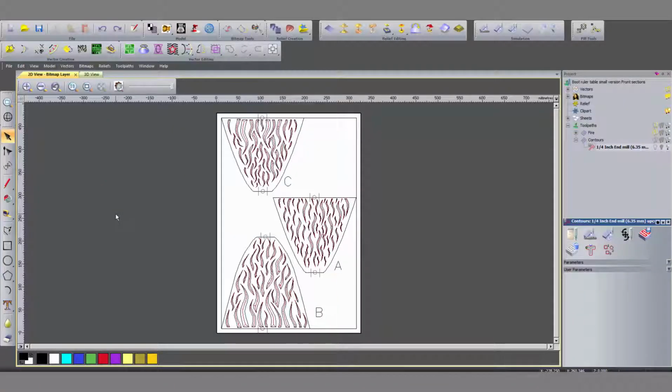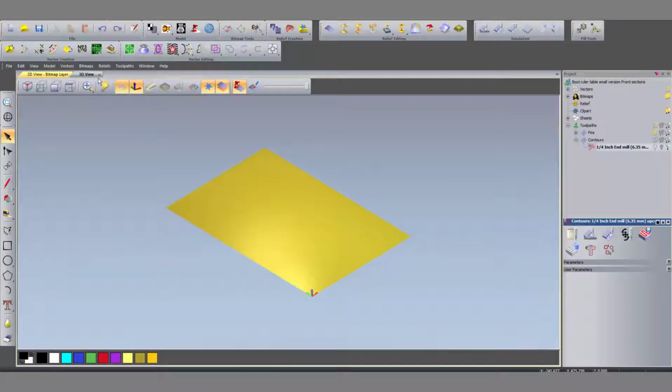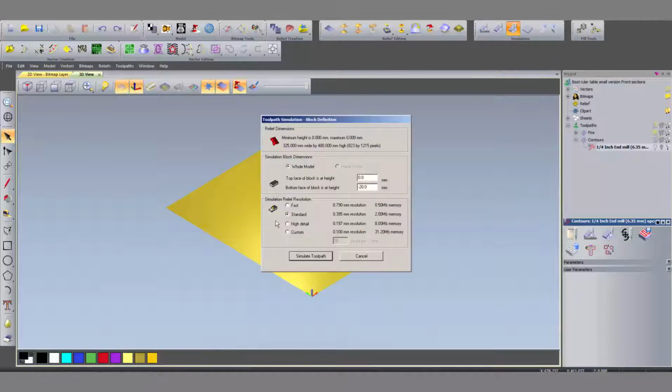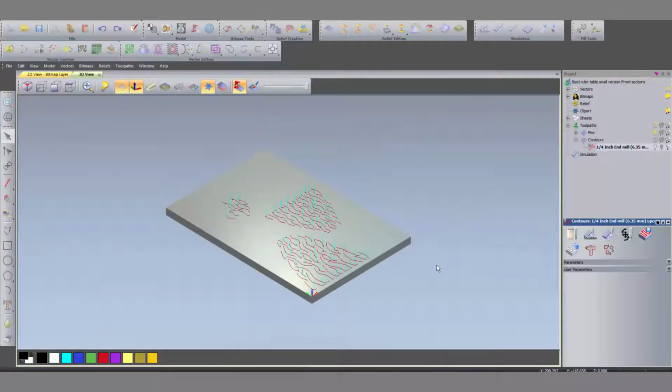I designed the decorations on the sections, and the next step is to program my CNC machine so it will be able to cut out these decorations and the contours of the sections. To give you an idea how that looks like, I'll show you a short simulation in the program that will finally do the cutting. Here it comes,